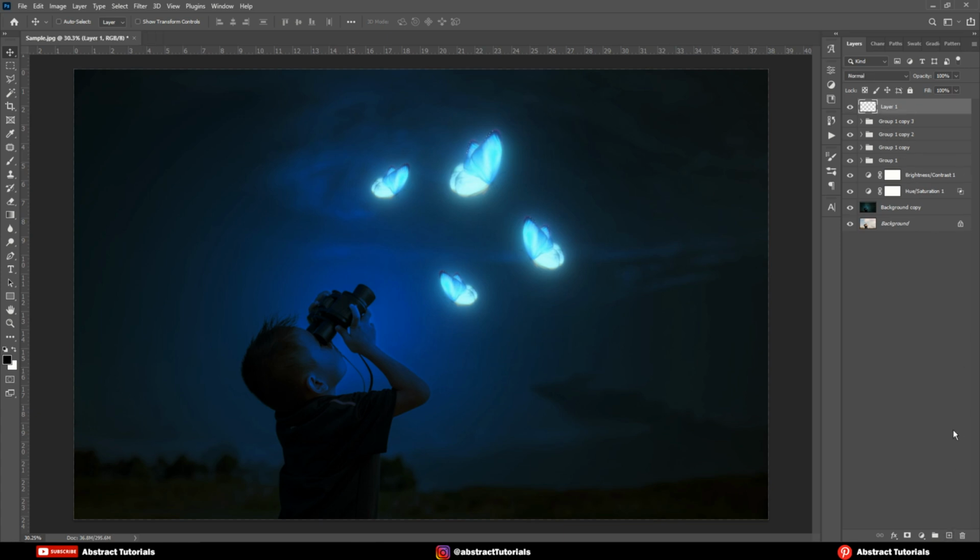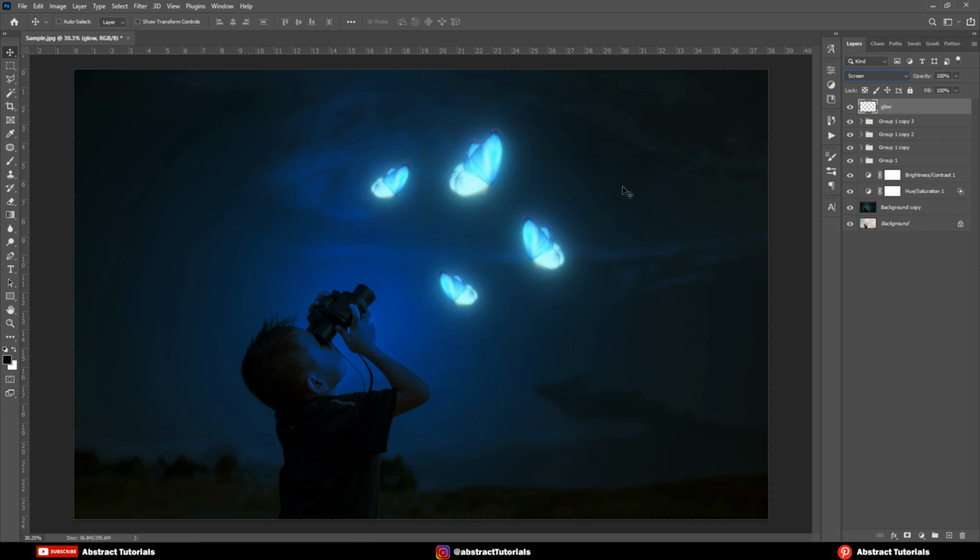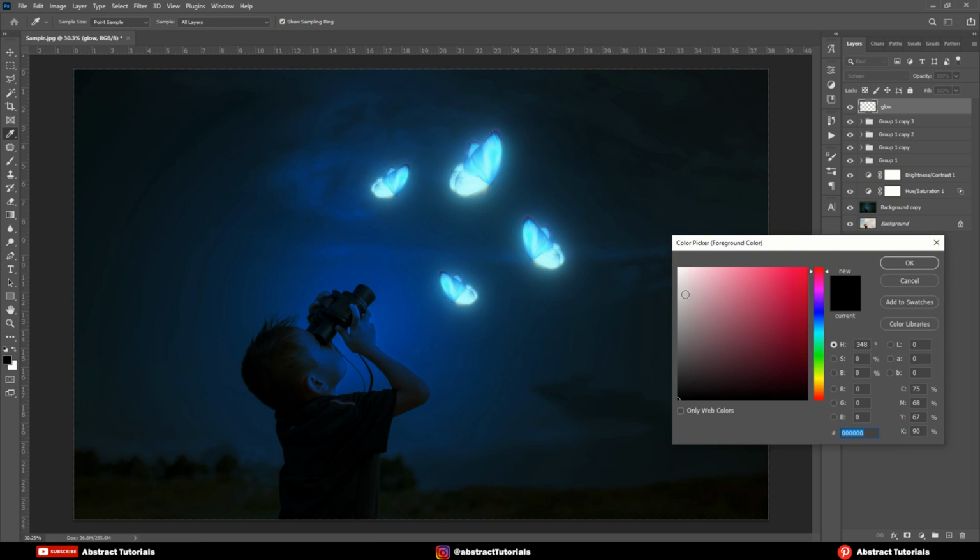Now, create a new layer. Name it as Glow. Change the blending mode to Screen. Select the brush tool. Pick the color of the background in Color Picker.